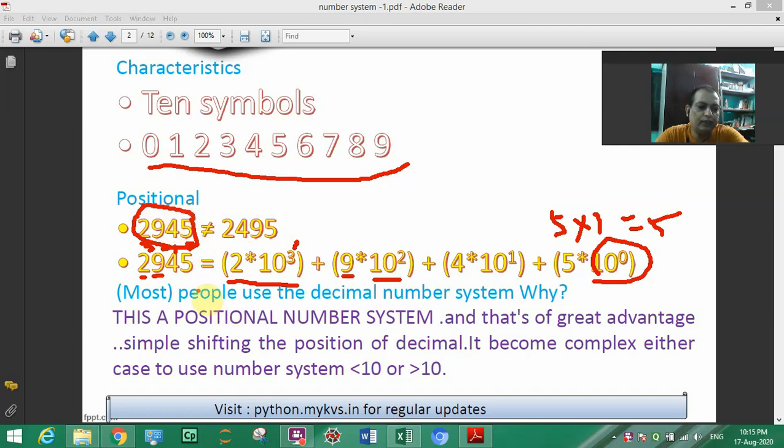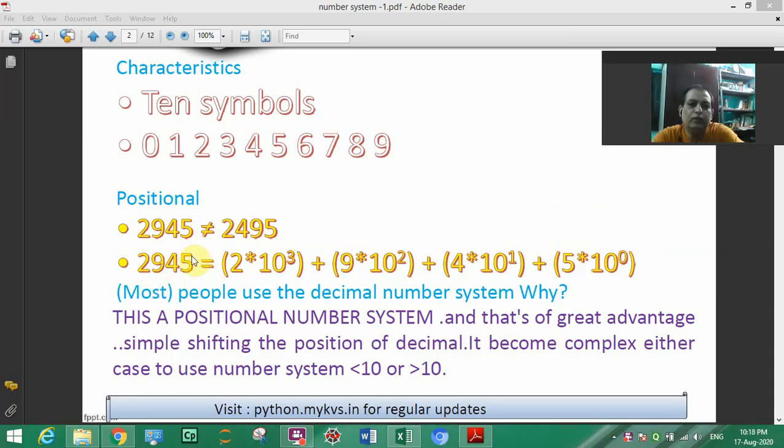What we have to do is start the index from the right hand side and go to the left hand side, like you read ones, tens, hundreds. Ones means 0 index, tens means first index, hundreds means second index, thousands means third index. Like this you have to move forward, then you can easily understand this.